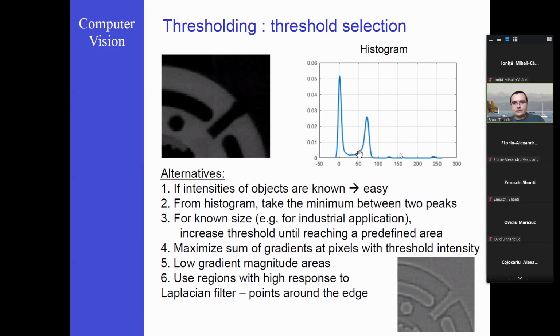So we are just looking for the threshold intensity pixels and checking there the sum of the gradients. Another way is to go for low gradient magnitude areas, okay, and